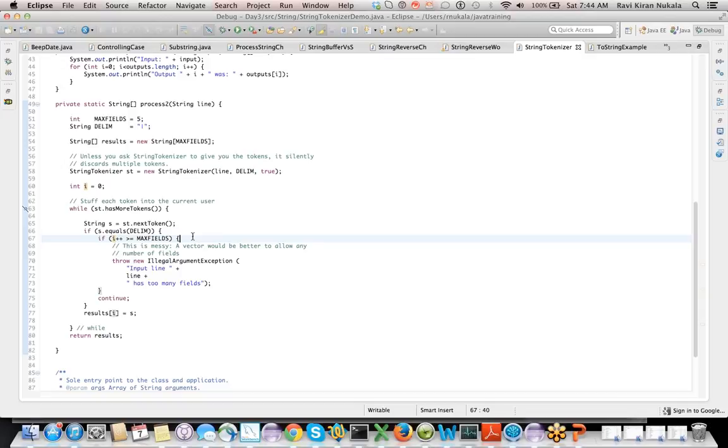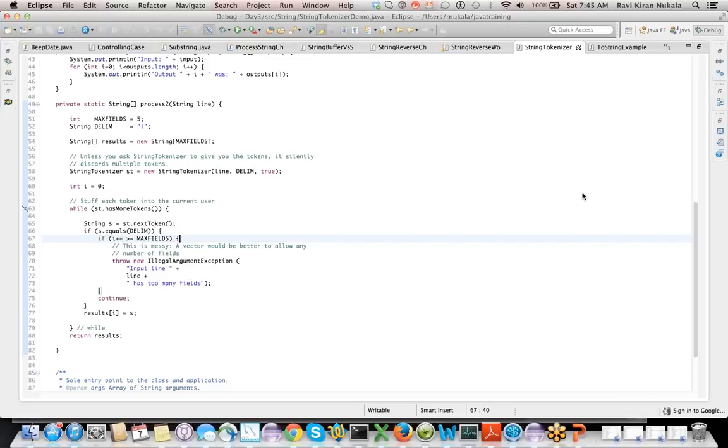So what it did here, i was 4, 4 greater than or equal to 5 failed, so it went in here and it's results of 5, but our size itself is 5. Results of 5 means we are accessing the sixth element, because array indexes start from 0. When we try to access the sixth element, it throws that error. Is it making sense? Were you guys able to debug the code or following it so far?